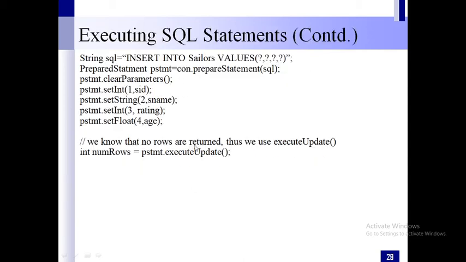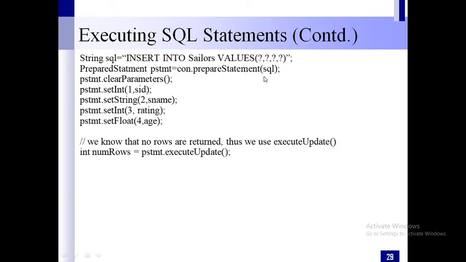Now this is one of the examples. Here, insert into Sailors values and 4 question marks we have mentioned. What are these question marks? These are the placeholders. They will take the values which you provide when you are executing the program. Then prepare the statement by using the prepareStatement method.